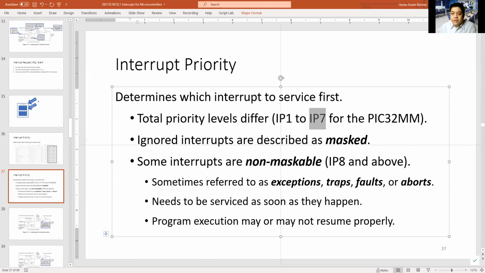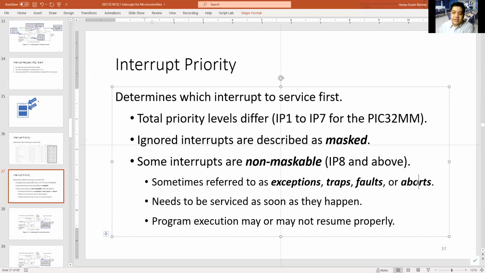Next is yung traps, which is more on pagka basically may na-miss ka in memory, mali yung pagkakabasa mo ng memory, and then sa faults is yung pag merong hardware problem inside, or parang the microcontroller is expecting this thing to be occurring pero it's not occurring, so nagkaka-fault. And then yung abort is pagka wala na, finish na, abort. Or for example, nawala ng power, yung clock biglang tumigil or